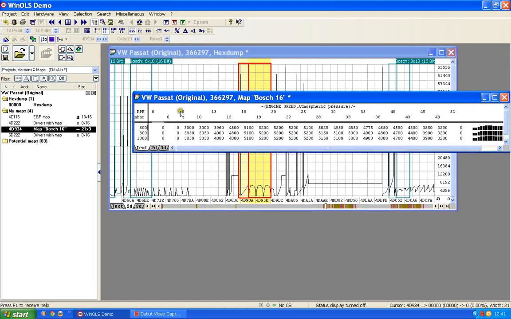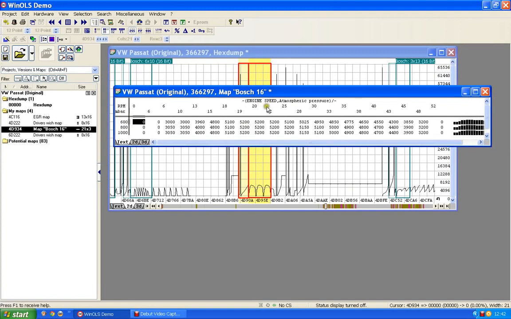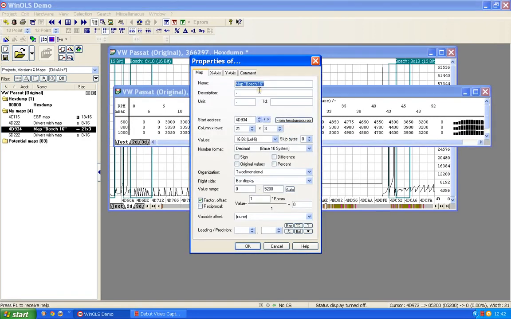Right, we've got the data. We know what it's called, so we'll double click on there. That will give us a chance to change the name. Now, lots of people call it the torque map. I prefer to call it the torque limit map or torque limiting map. The description of the map depends on what you want to put here at this moment, because the torque limiting map